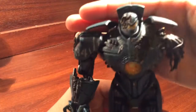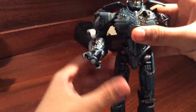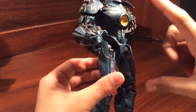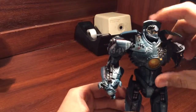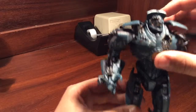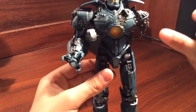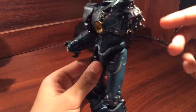Now, this is a different paint compared to the Hong Kong Brawl. This paint is definitely much darker. It has a bit of dirt to it, which is really cool. You see on the top a type of blockage piece here. There's some dirt here, some chipping on the metal. You see this shoulder is completely ripped off. This arm is gone. I'm not going to spoil it for people who haven't seen the movie, but this arm